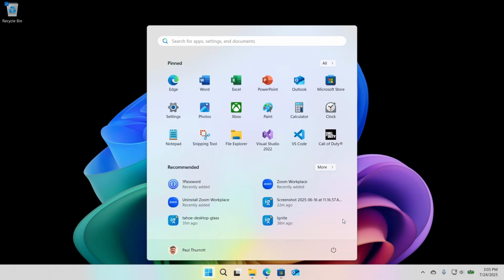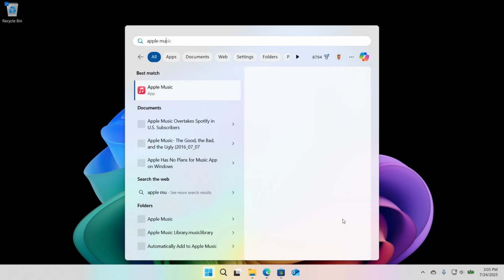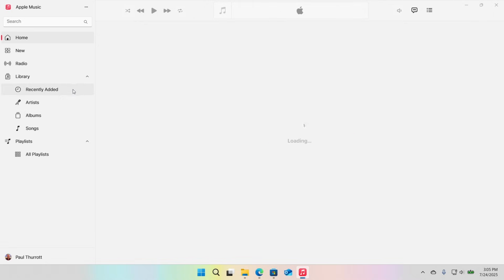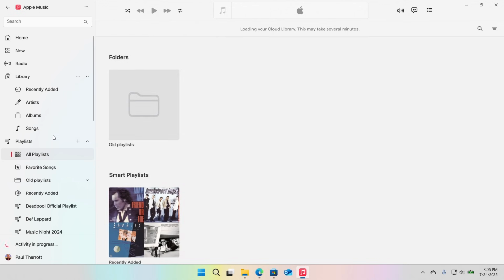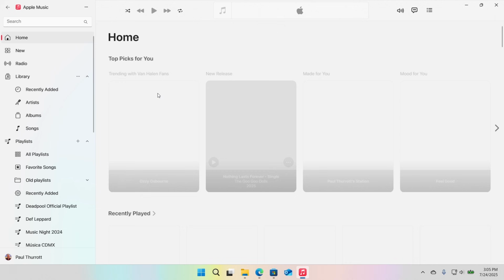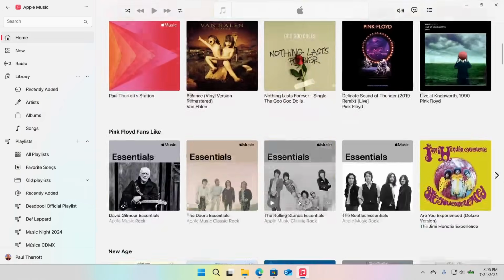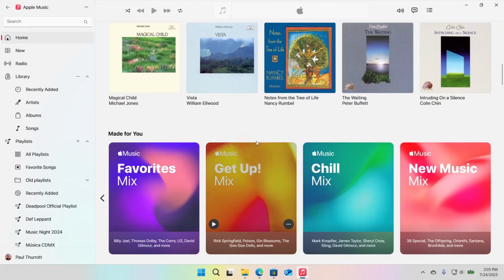And they do have kind of a nice Windows 11 look and feel, if you will, while also retaining kind of the Apple identity. So if I go into Apple Music, for example, it looks a lot like it does probably on the Mac or whatever. You get access to all of the playlists and things you've created, and you get the whole experience, right? So I'm not going to play a song. That would probably be a copyright strike of some kind, but you can see it's pretty much the full Apple